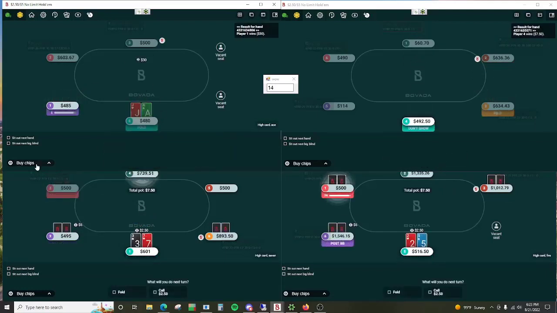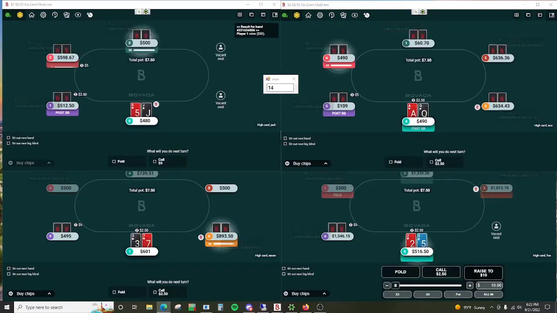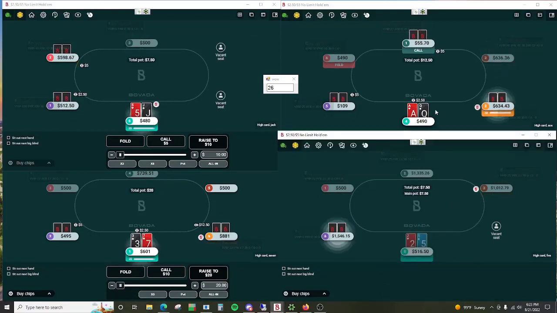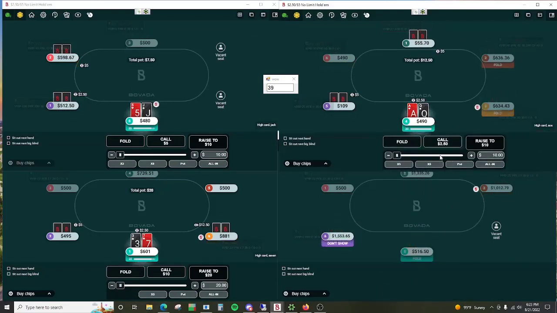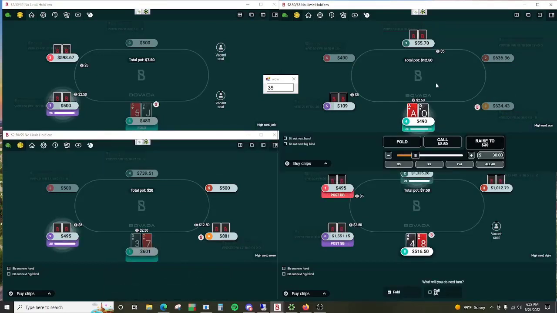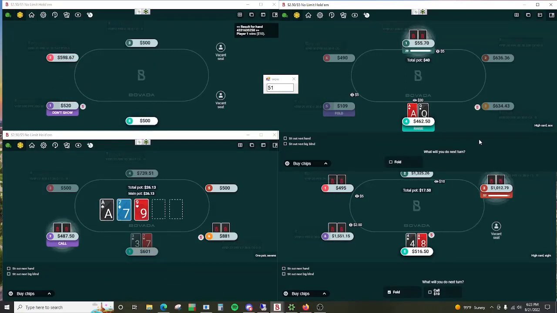Actually gonna fold this one. I know it looks nitty. What a chart would tell you at this rake structure is call or 4-bet, basically. However, I've come to the conclusion that calling 3-bets with those hands facing...